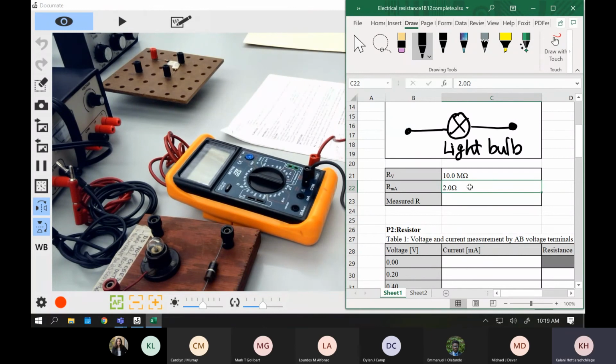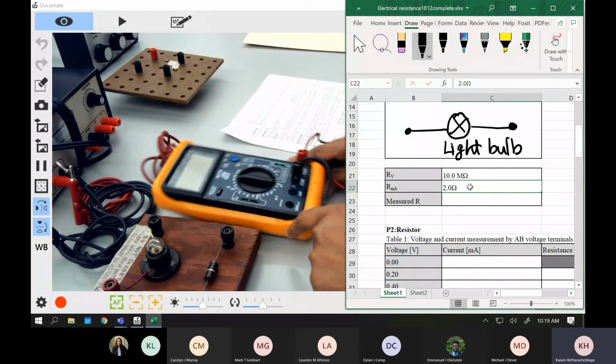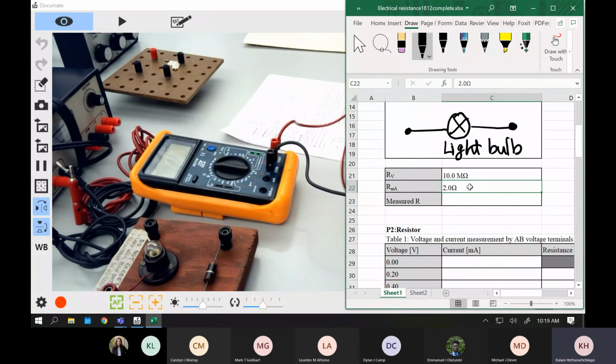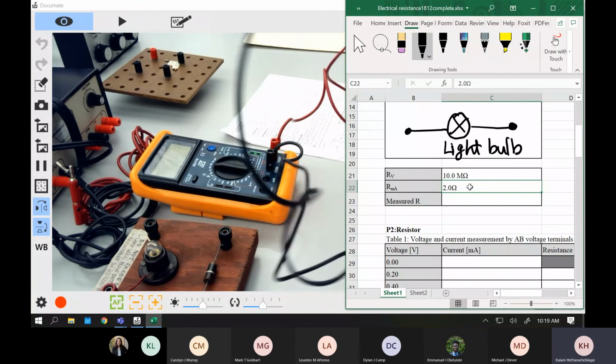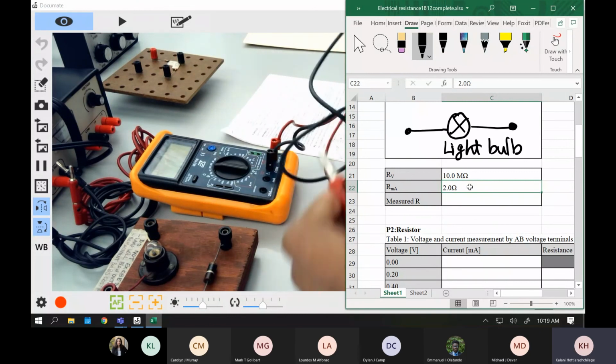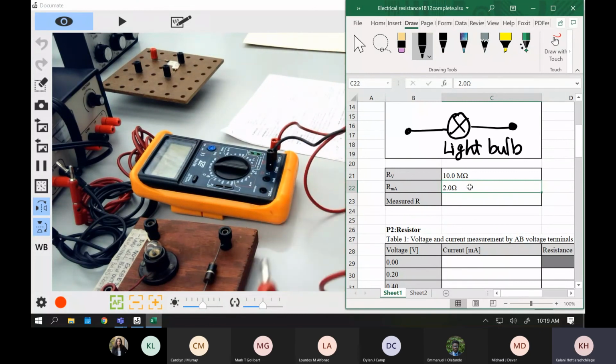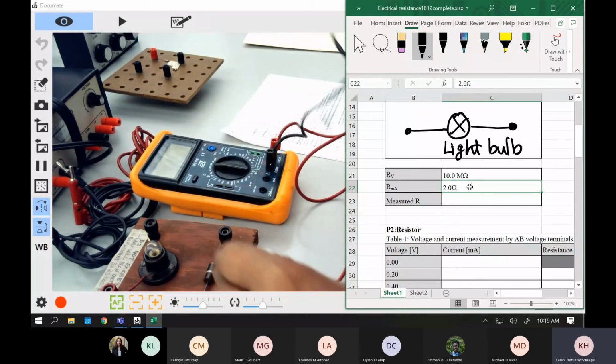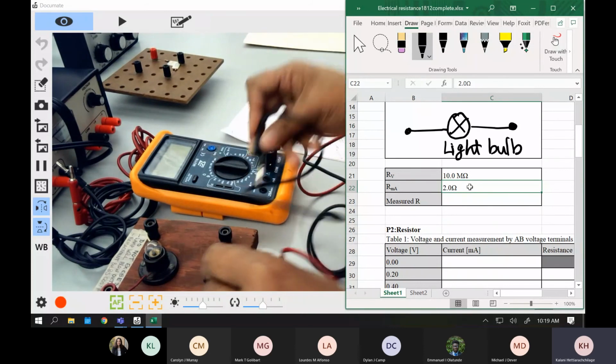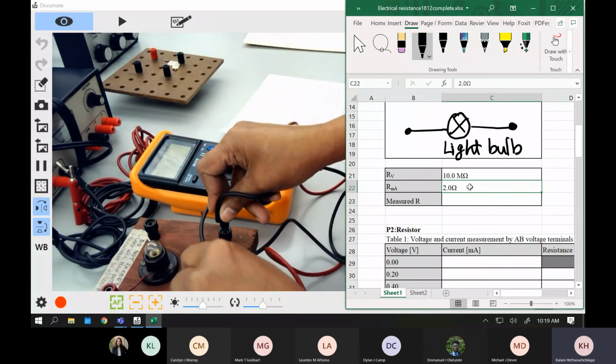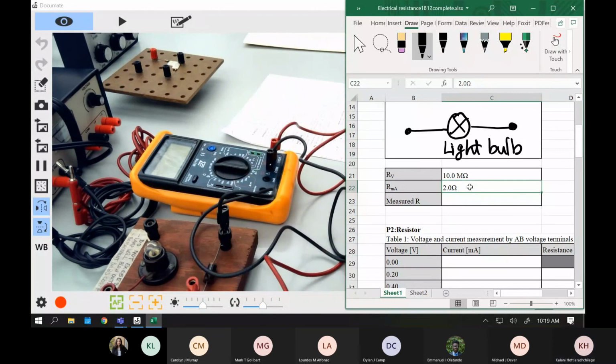Red and black. Okay, and now you have the other end of the red and black. These two we're going to connect into your resistor, red into red, black into black. It doesn't matter in this case, but we'll do that. So red into red and black into black, not the light bulb. Okay, so you see the two terminals of your resistor, so that's what it is.